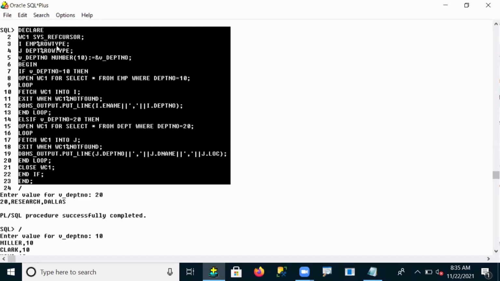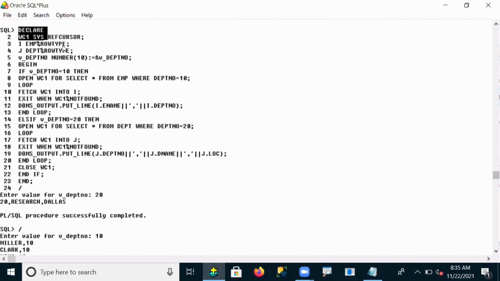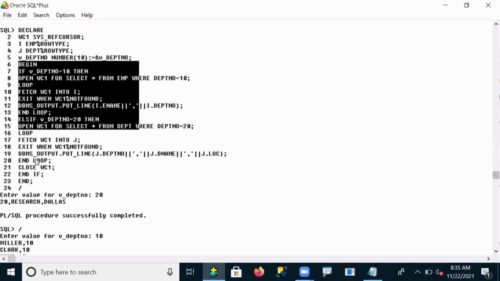If you want to save this program, first I need to create a block and give some name to this program. But there is no name for this program, so we are directly declaring, directly writing some logic and printing it. That's it.